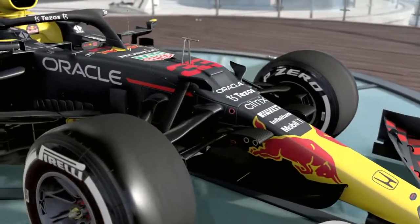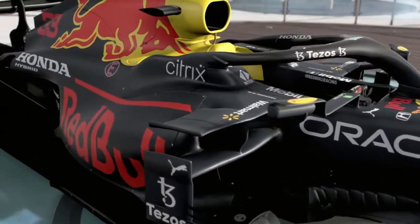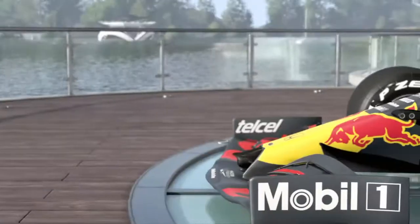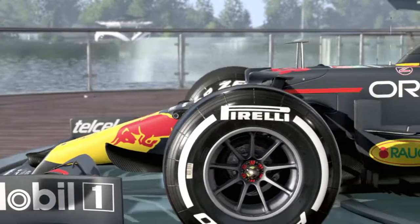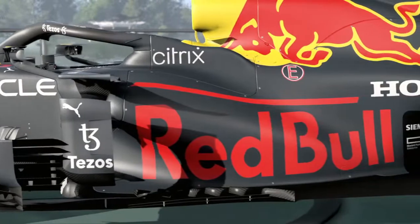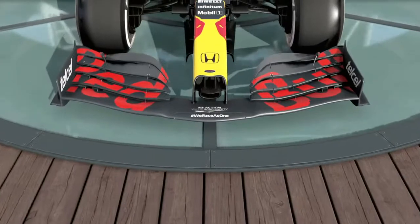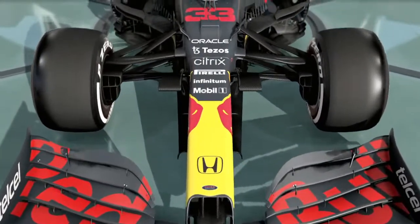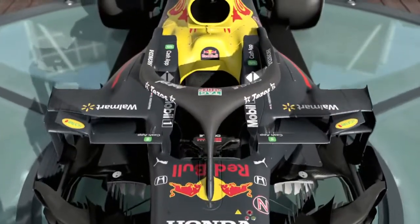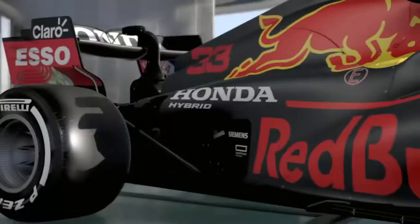Yeah, you almost had the win, but I mean, bumping up into P2, that's some extra points. And hey, I'll take it after 3 DNFs in a row. Yeah, no doubt. And I mean, craziness with all the safety cars, and that definitely played out as far as the strategy goes. A lot of pit stops for some of the guys there, and I was actually quite surprised Hash ran those tires for 25 laps, I think. Yeah, when I checked it earlier, it was like 3 safety cars before the end of the race, but I remember checking, thinking, okay, he's probably gonna have to pit again. He might be able to go to the end, but